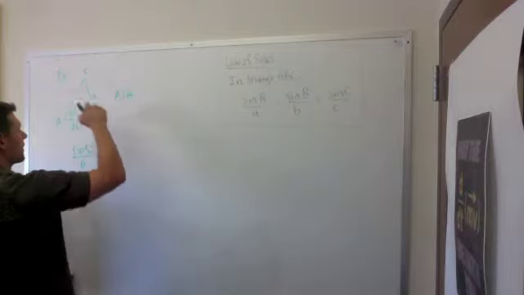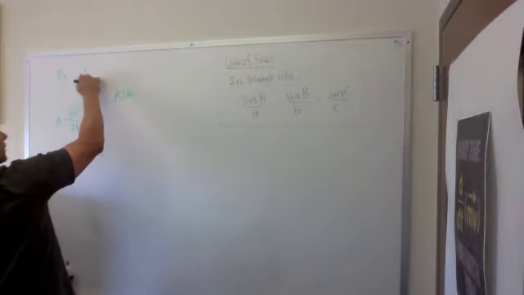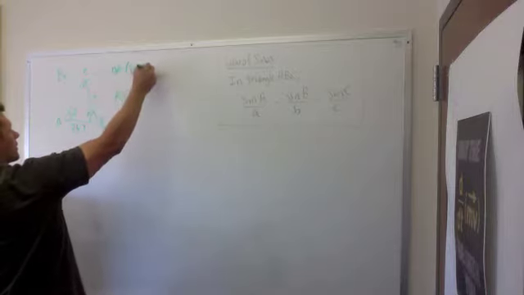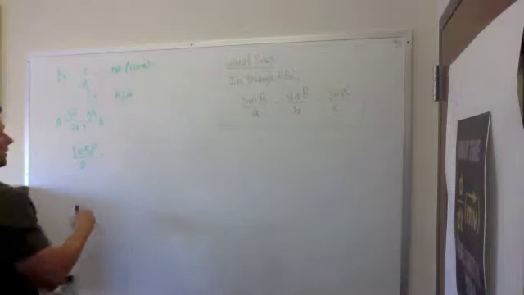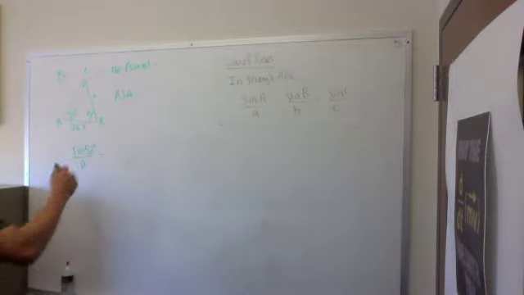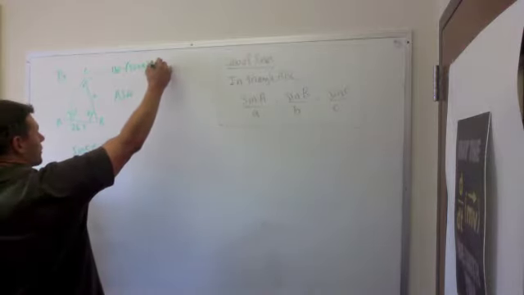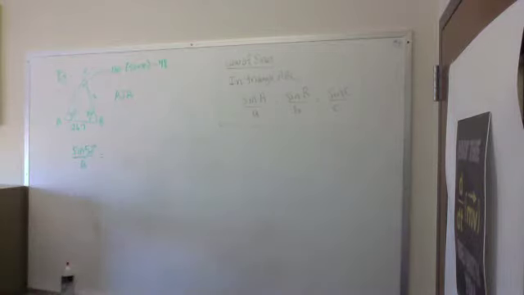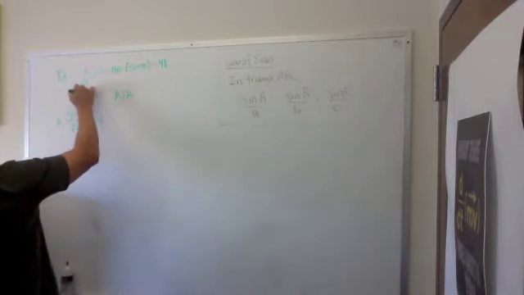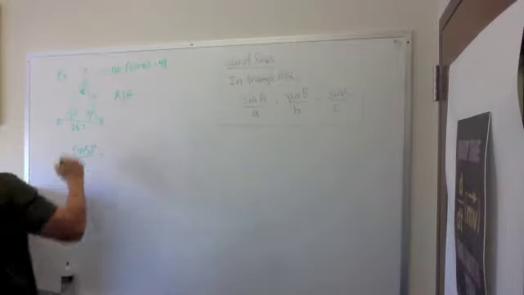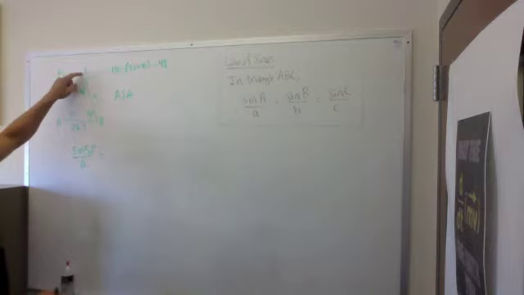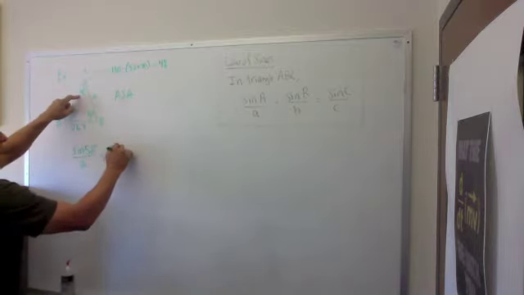So we know that this measure here must be 180 minus the sum of 52 plus 70, which turns out to equal, 180 minus 132, I think is 48. So I have 48 degrees right here. This is 48 degrees. So sine of A is to this as sine of 48 degrees